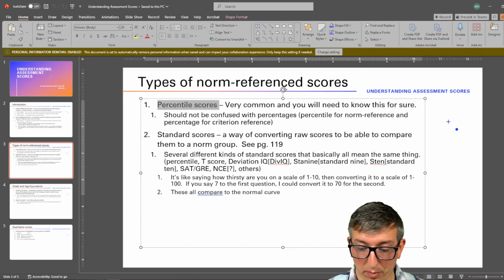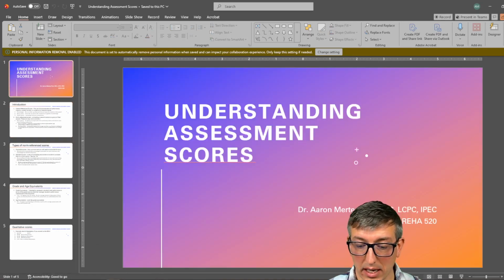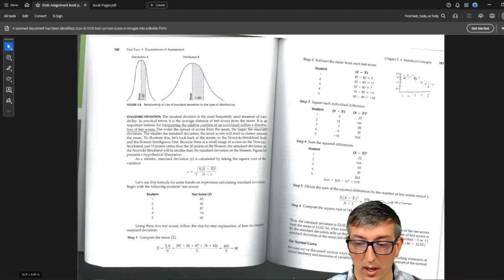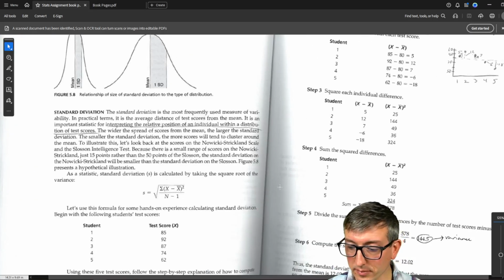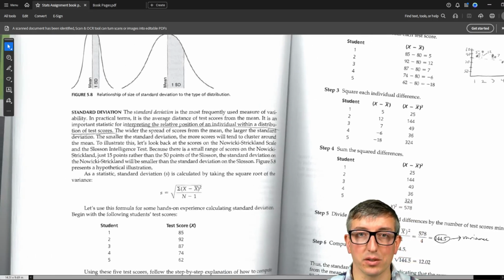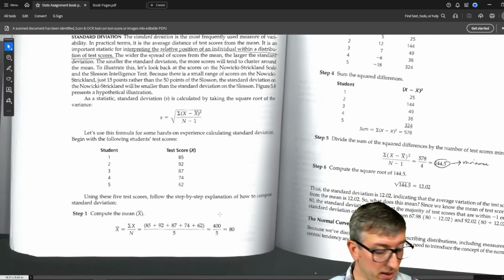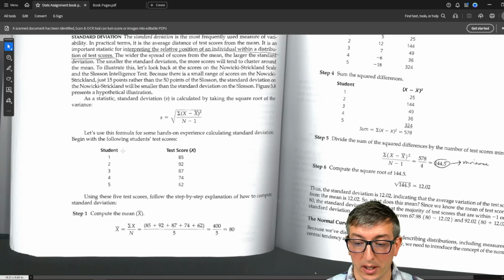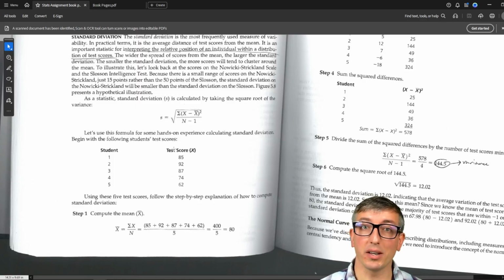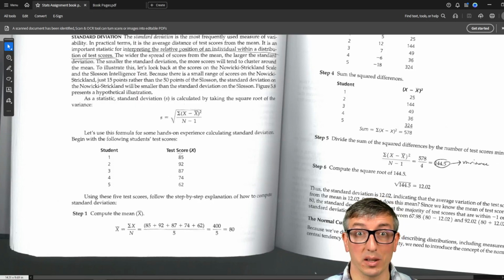So before we jump into this lecture, I'm going to pull up our book pages here. I'm not going to walk through this because you just did this in class, but I'll remind us of this process here. Remember, as I've been talking about the ingredients for bread making, the statistical processes, this is essentially what it is. And just as a reminder, we don't care about knowing the math right now. That's for if you want to understand these assessments in a lot more detail, understand how to create them, how the math works, and all that kind of stuff.